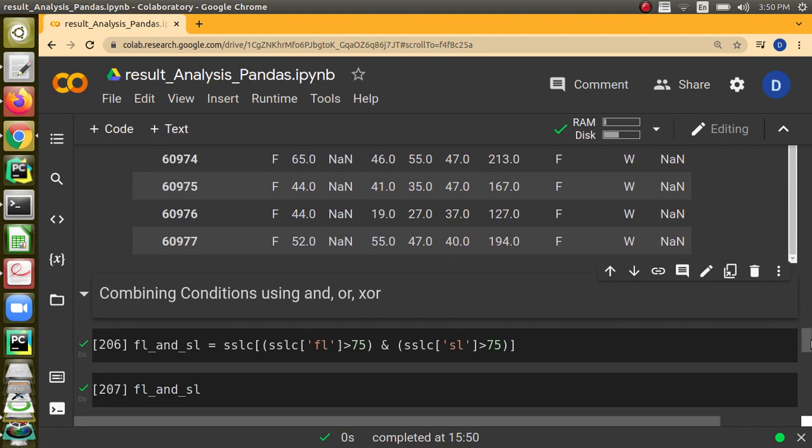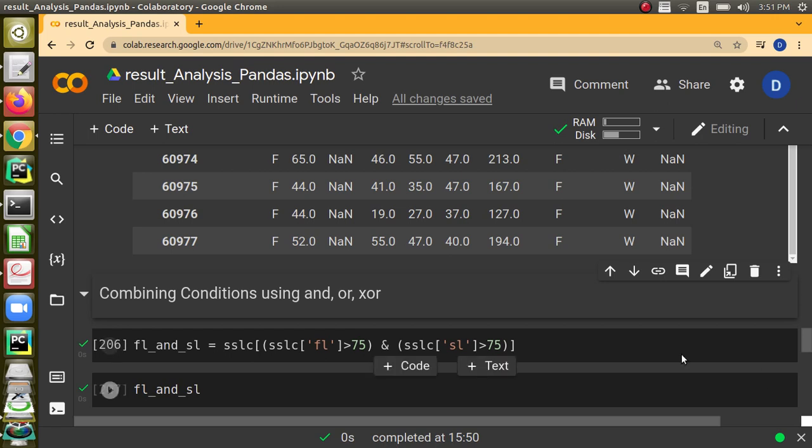Next, we are going to see how you can combine multiple conditions. One condition, of course we can give within square brackets, and we can use logical operators like AND or XOR for combining multiple conditions also. Now what we are going to do is create a data frame which is going to contain records of students who scored more than 75 in first language as well as second language, right?